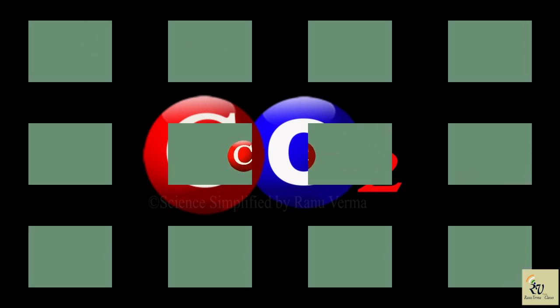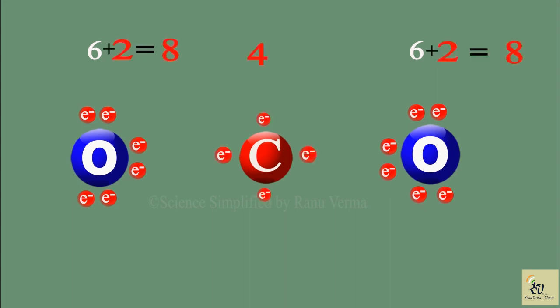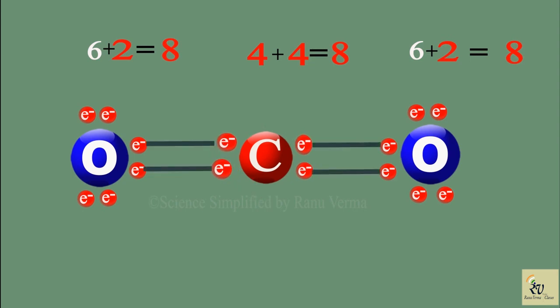Now see the Lewis structure of carbon dioxide. Now oxygen has 6 valence electrons. They are written in pairs. There are 3 pairs of electrons, 2, 2, 2, and in the other oxygen also 2, 2, 2. Carbon has 4 valence electrons, so we will write the 4 single electrons at all the corners. Carbon has 4 electrons already, and it requires 4 more electrons. So 2 electrons will be shared by one oxygen, and another 2 electrons will be shared by the other oxygen. Now you can see 2 double bonds are formed between carbon and both the oxygens. This structure is called the Lewis dot structure.